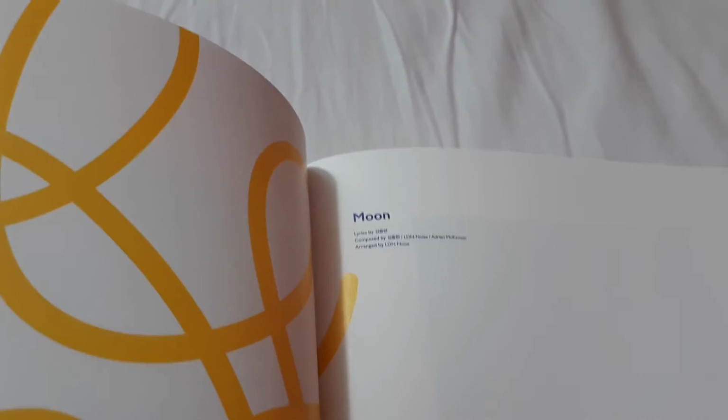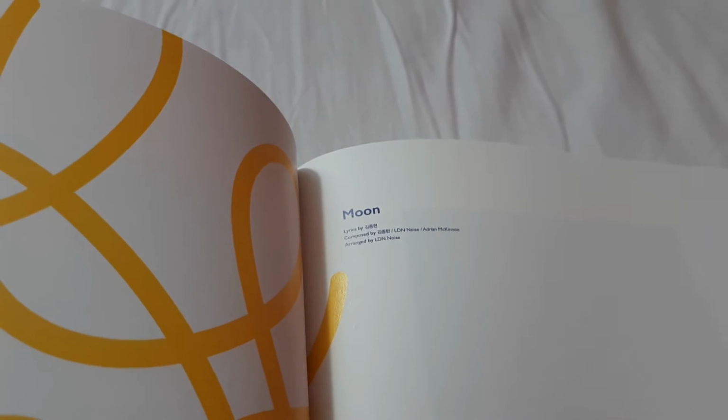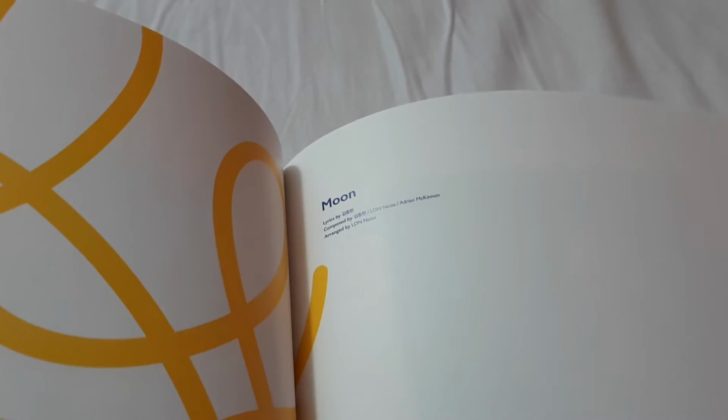So your next song, Moon. This is another one of my favorite songs. I've loved it even before I bought the album. I found it somewhere on the internet accidentally, but I fell in love with it instantly. So again, you have your lyrics